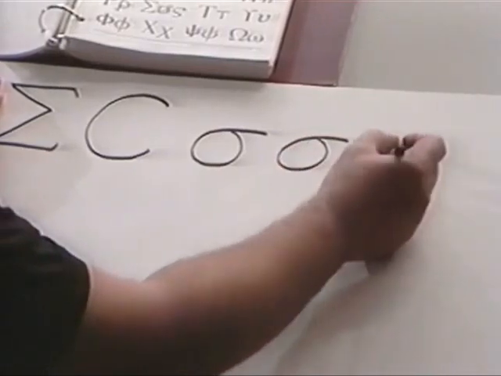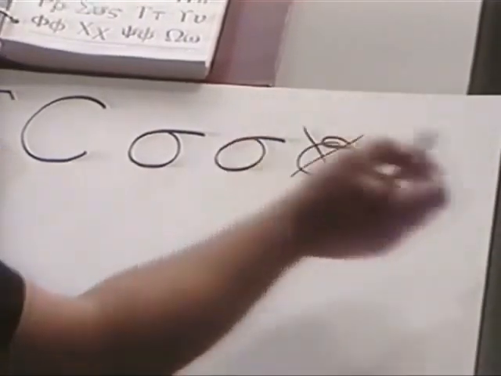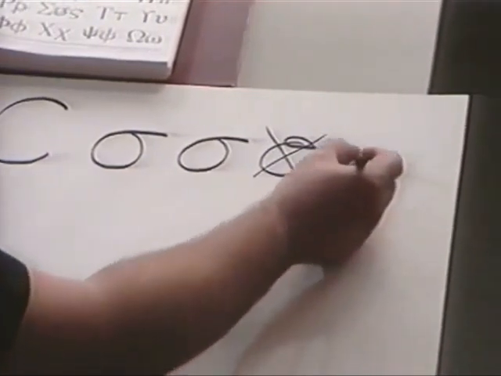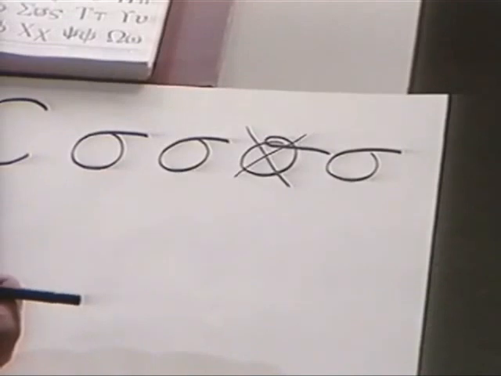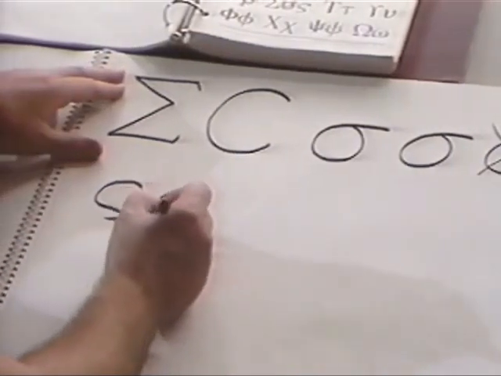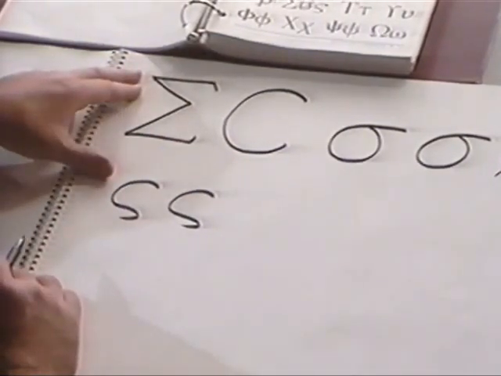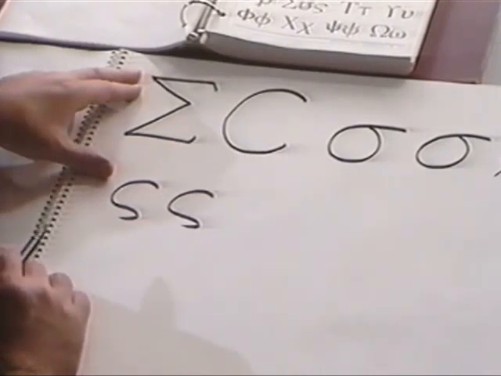Now be careful that you don't do it like that. What you've done is you've made an English O. Don't want that, but rather like this. Now when sigma occurs at the end of a word, it's made like this, much like an English S. The sigma is equivalent to an English S, and it has the same pronunciation,